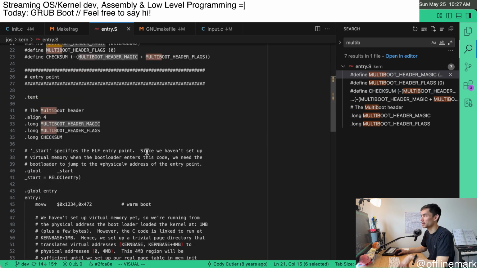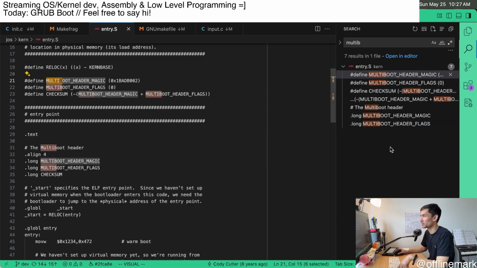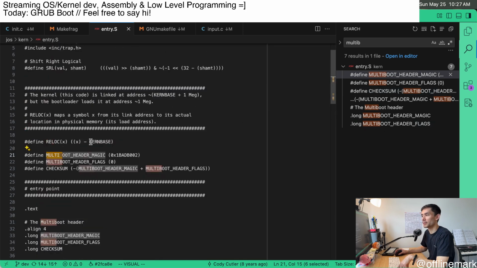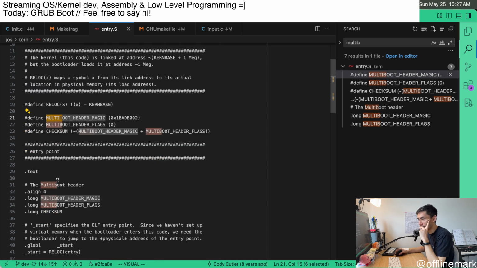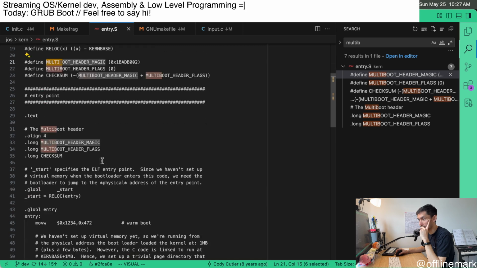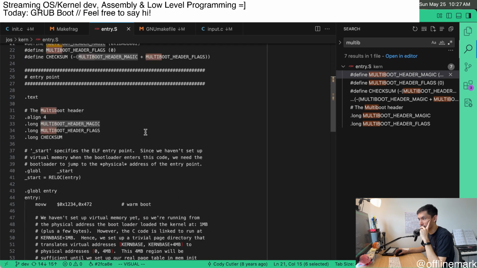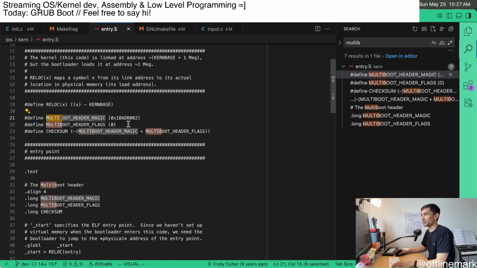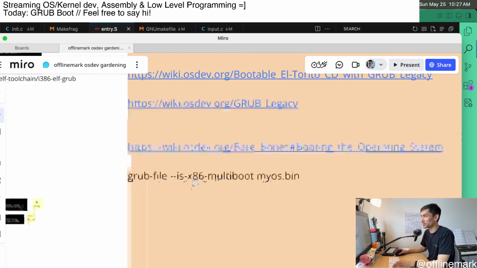But something is totally here with it. Yeah, in the current entry.s. So that's very interesting. So technically we should be able to run that command that checks